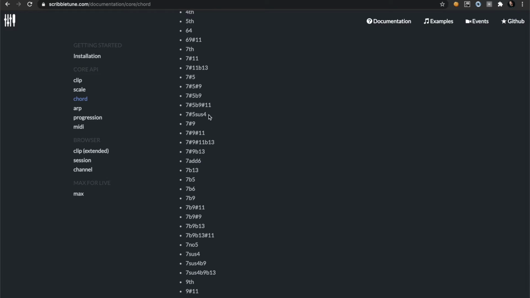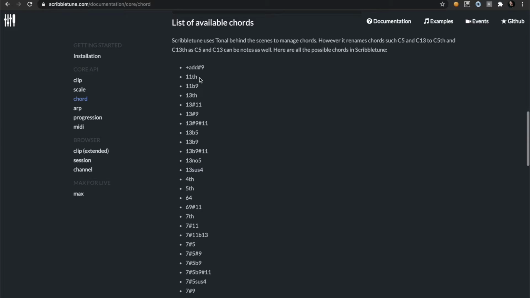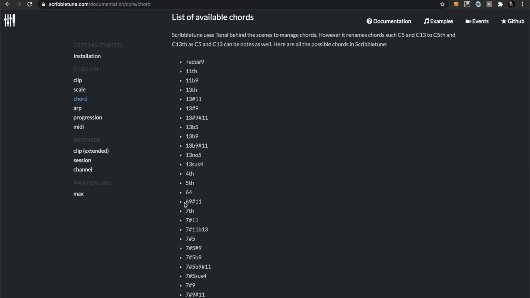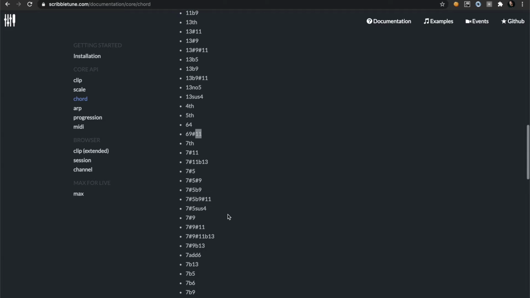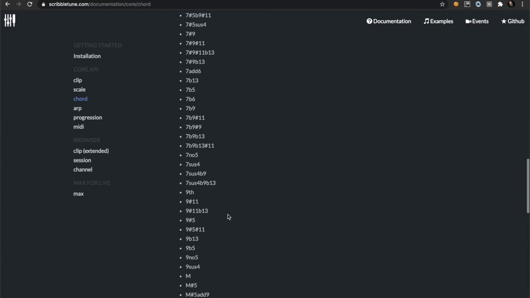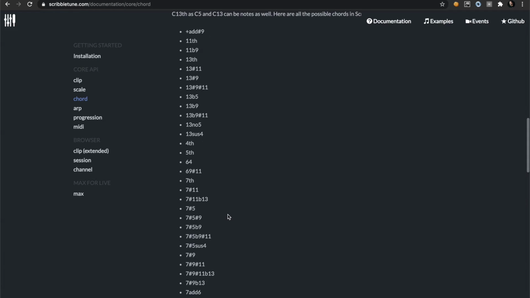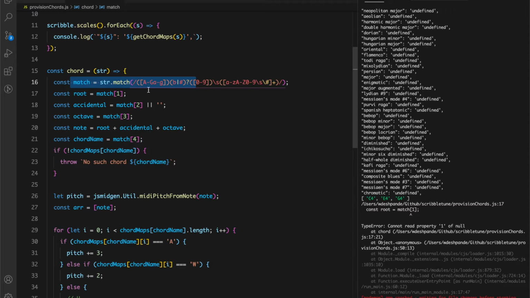Oh sorry, this one, 7#5. I don't even know what this 7 sharpened fifth is. 16, I don't even know what that is. Does it mean the 6th note and the 9th sharpened note and the 11th note? Probably that's what it means. So some of these chords we may not be able to support, but we'll do our best to support as many as we can. So let's start by updating the regular expression for this.